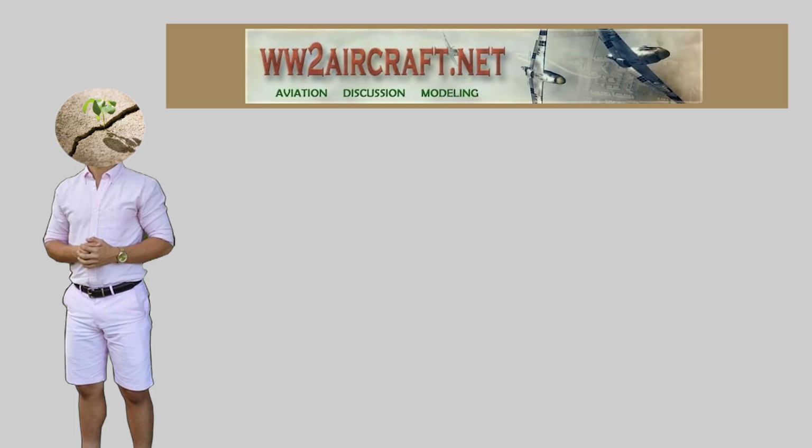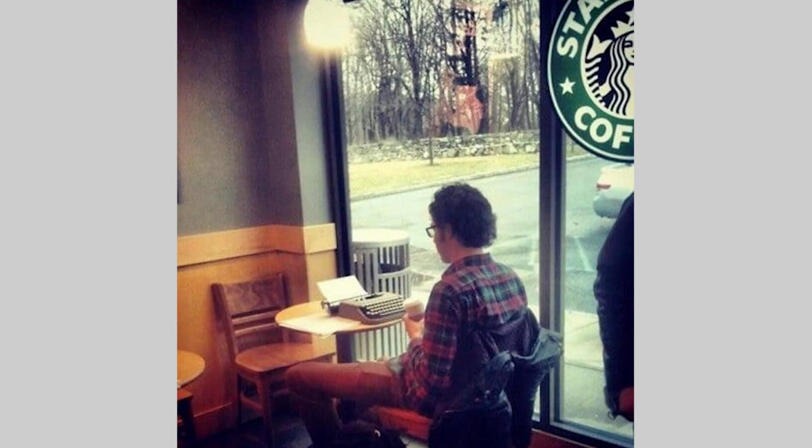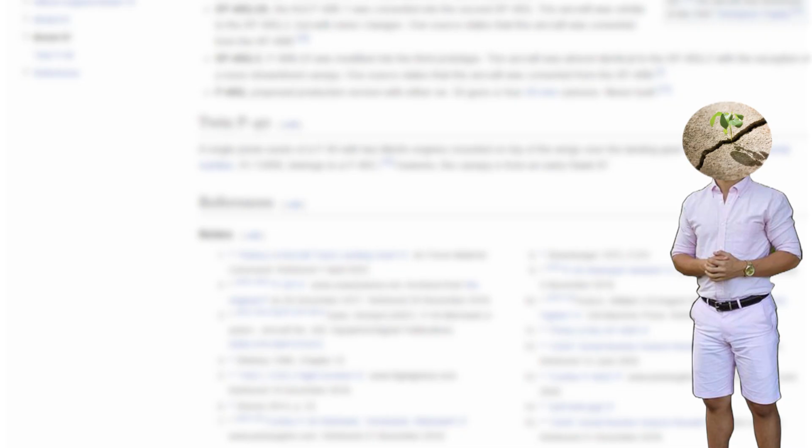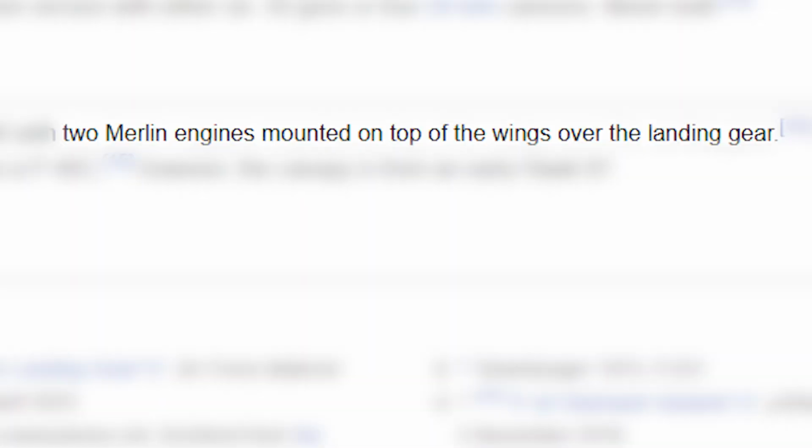Recognizing that this is just a glorified blog, I decided to go to the most reliable source the web has ever known, one which any good researcher begins their knowledge journey on: Wikipedia. Surprisingly, I found virtually nothing there. Again, only 1 photo has been found. The 2 engines are Merlin engines. I did learn the serial number,